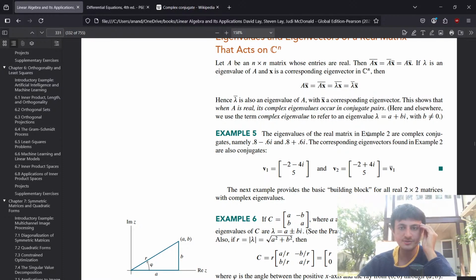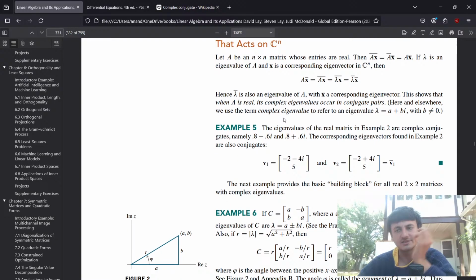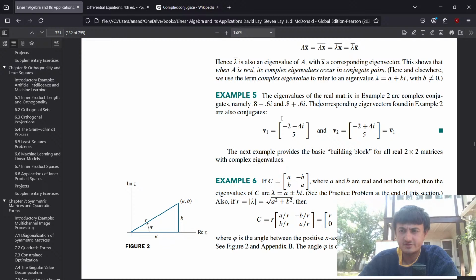Here and elsewhere, when we use the term complex eigenvalue, we refer to an eigenvalue lambda equal to a plus bi, where b is non-zero. The eigenvalues of the real matrix in example 2 are complex conjugates. The corresponding eigenvectors